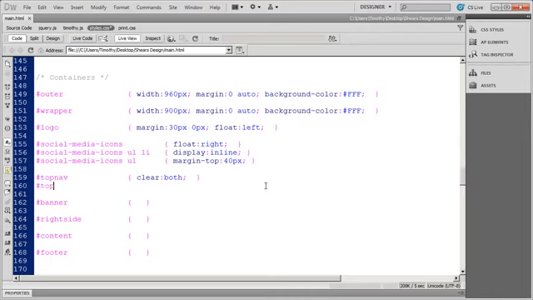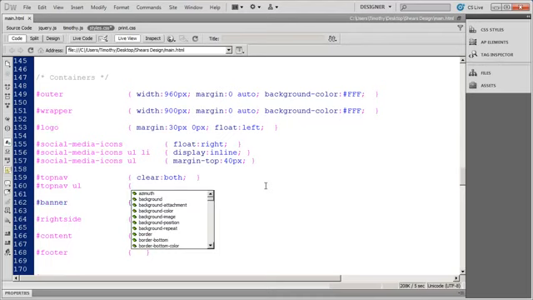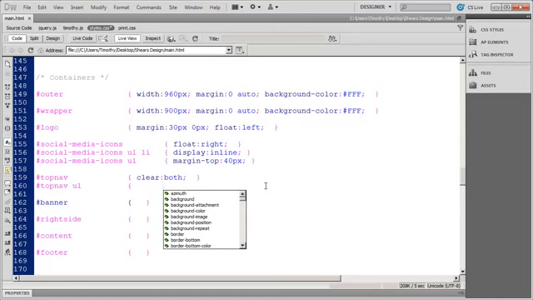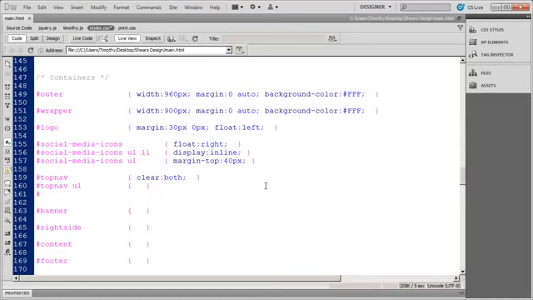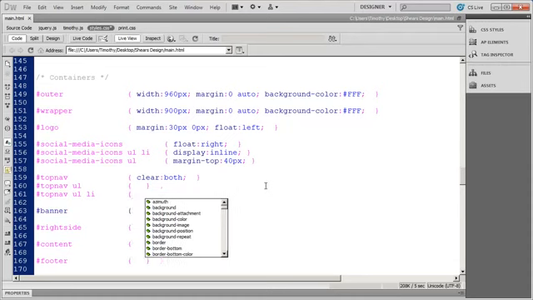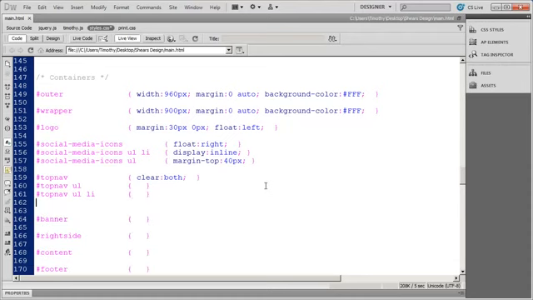I'm going to do top nav UL, so I can format that unordered list. I'm going to do top nav, and this time I'm going to do UL LI, and then just do a couple of brackets. Again, these are just empty styles so that I can get ready to put things inside of them. And then I'm going to do top nav